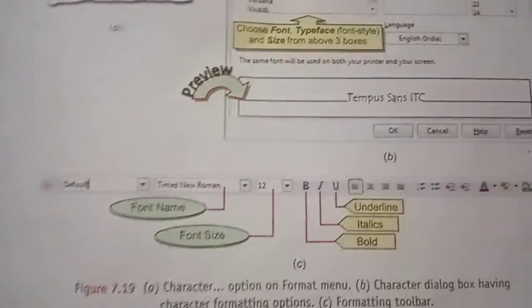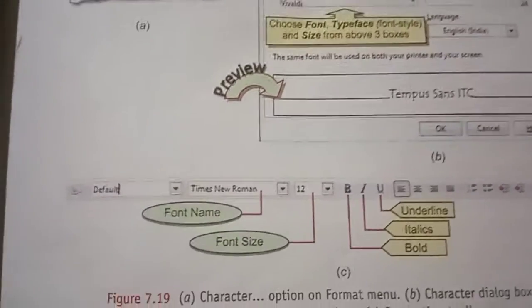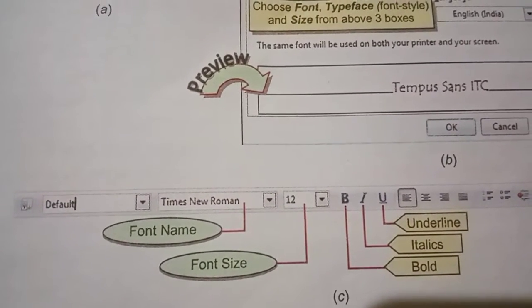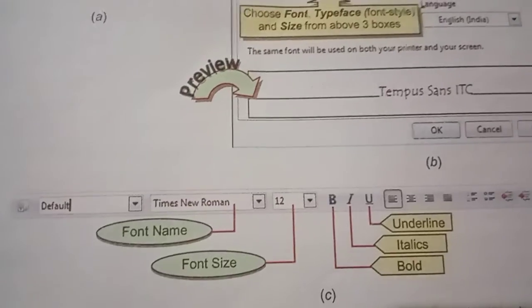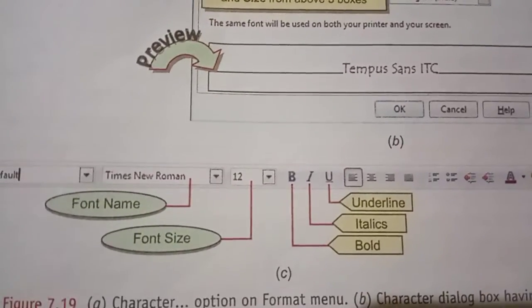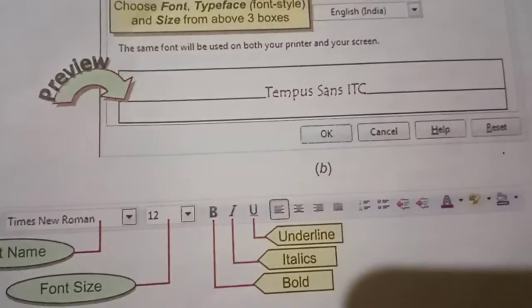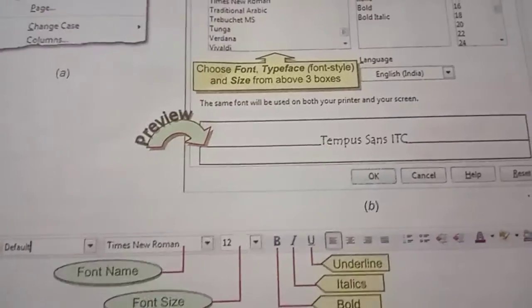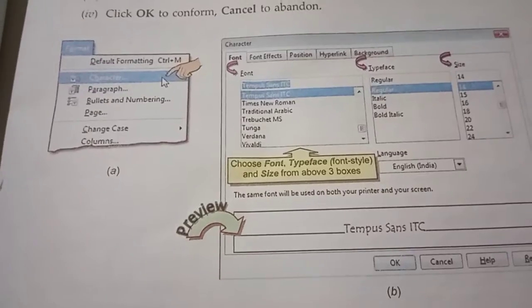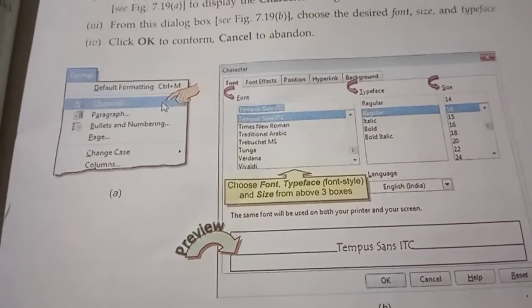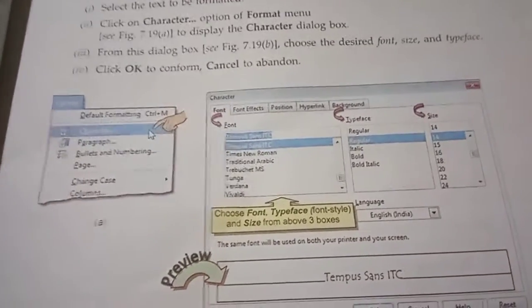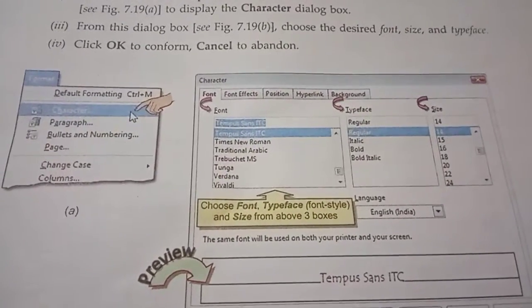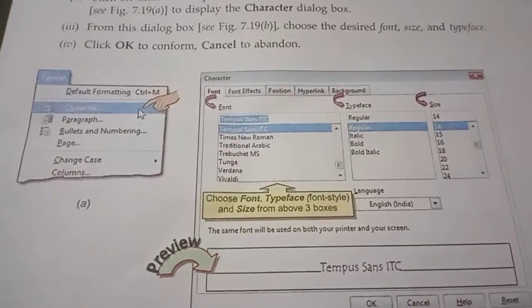In the same way, I already taught it here. Times New Roman: by clicking on that, many options are available on the downside, as we already saw. Then we can also increase the size by clicking here, then bold, italic, underline. Everything we studied is inside the Format menu. That is the first important question: from which menu can we change the character formatting? The answer is the Format menu.